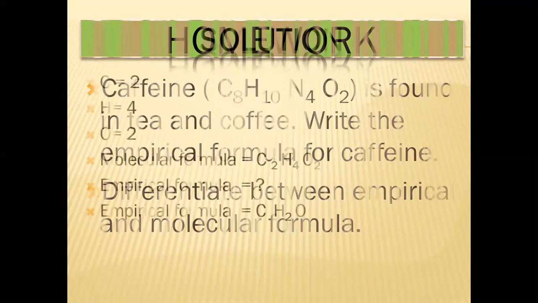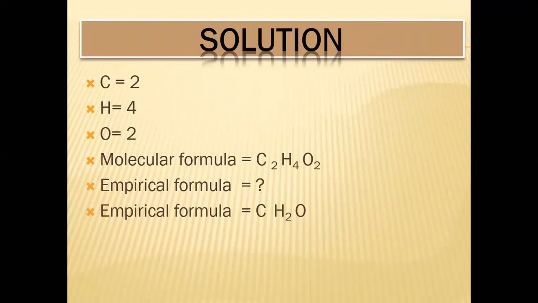But students, before giving you homework, I am going to show you some ideas about how to differentiate between empirical and molecular formulas. Students, many substances have the same empirical and molecular formula. You have learned before that glucose and acetic acid both have different molecular formulas, because the molecular formula is the identity of a molecule or molecular compound. But the empirical formula is not an identity, because it's not a true formula. So students, different molecular compounds can have the same empirical formula.